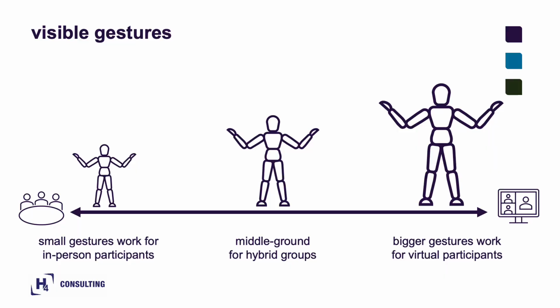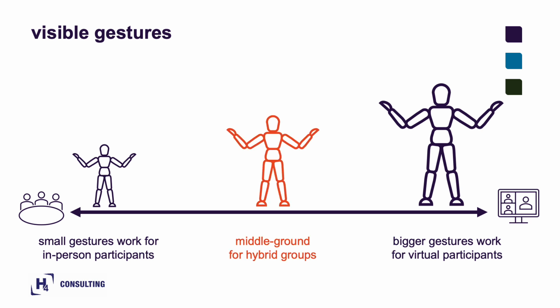Sometimes it's impossible to make your verbal and body language work for everyone, especially if you're in the room with some participants and only a tiny speck in a single meeting room camera feed for others. Any body language that seems natural to people in a room with you will be imperceptible for virtual participants who only have a narrow view through a small window. But any gestures big enough to translate through the camera might seem wildly over the top for participants in the room. On the other hand, if you appear as just one of many individual camera feeds, any body language big enough to be noticed by in-person participants might seem comical to people watching you closely on their own device.